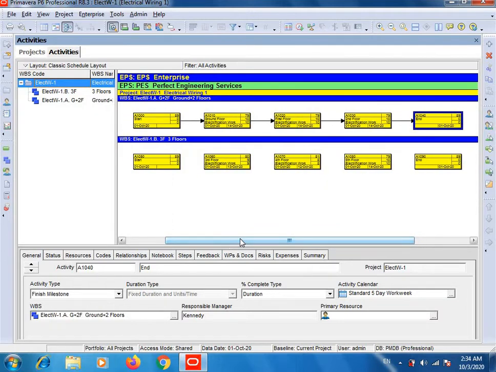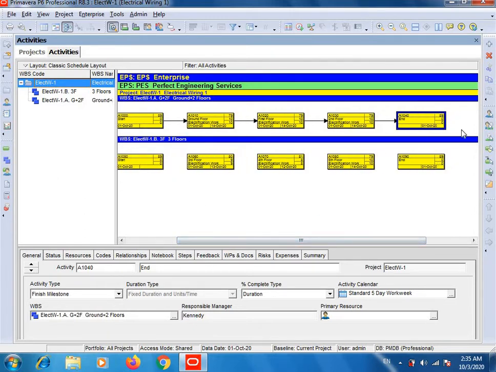Now I will connect this end activity with the start of the second WBS, because when this WBS's activities complete, then the activities under the second WBS will start.